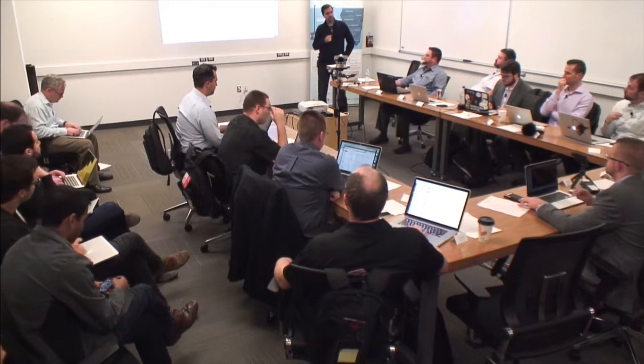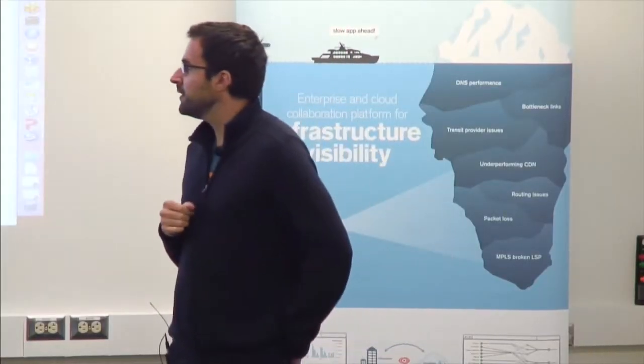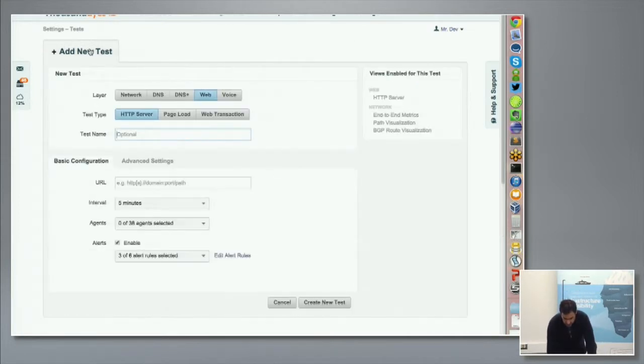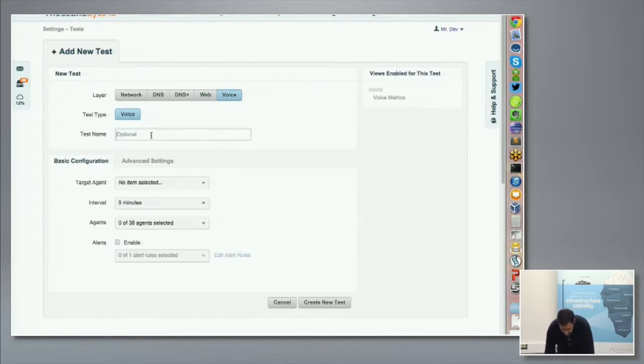All right, so let's go into a little bit of a demo here. I'm going to start with how to create a test and what are the settings you come across when opening that page. Then I'll go through one of the shared links to show you an interesting use case. To create a new voice test, you go to add new test, you select voice, then you create